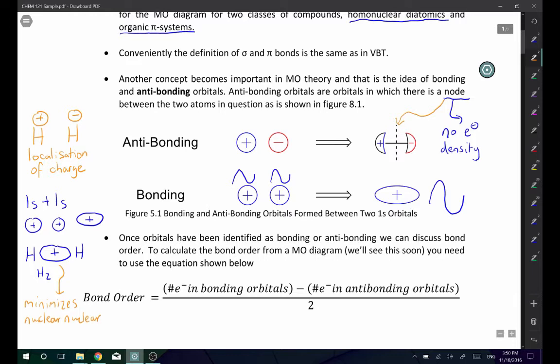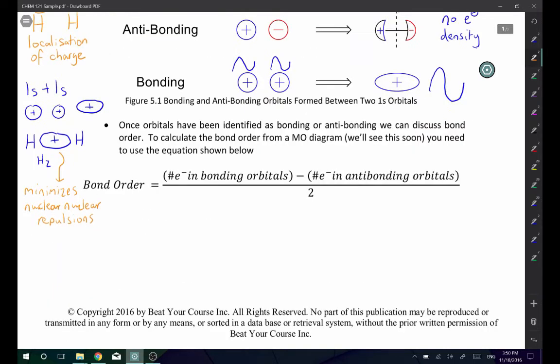So if you have two nuclei between two atoms, they will repel one another, but if you have bonding electrons in between those nuclei, it keeps everything together and strengthens the bond. So that's the central theme of this. Now we have a simple equation that you will use no matter how complicated the question gets, and that is